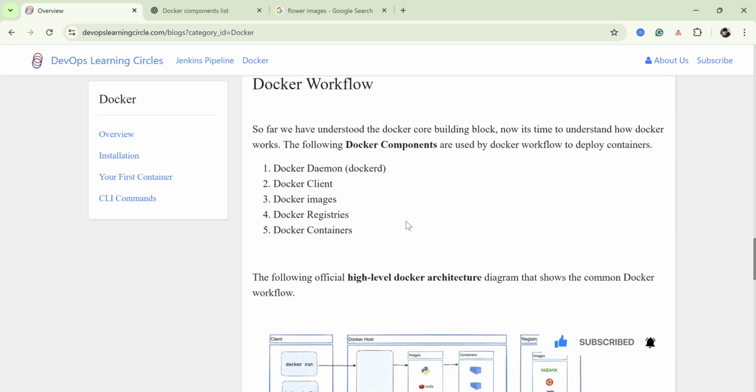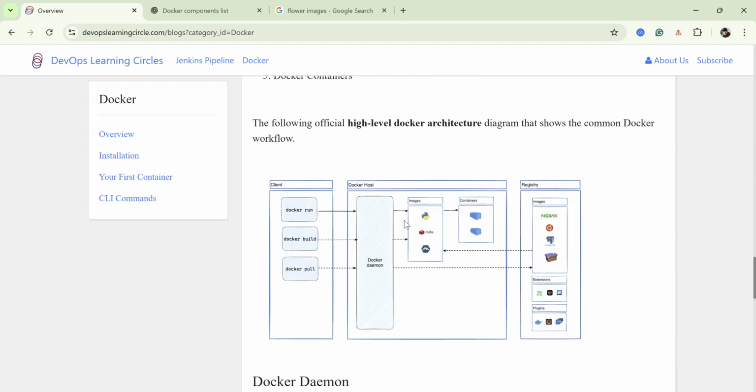As we discussed the Docker workflow, you can also see the high level Docker architecture, like we have a Docker client where the client performs docker run, docker build, docker pull. All the CLI commands talk to the Docker daemon, and the Docker daemon performs the action.